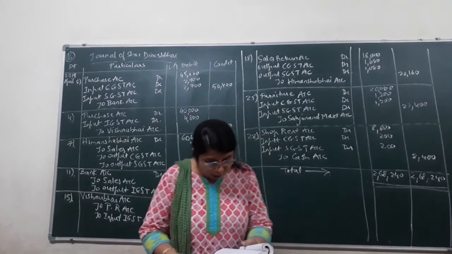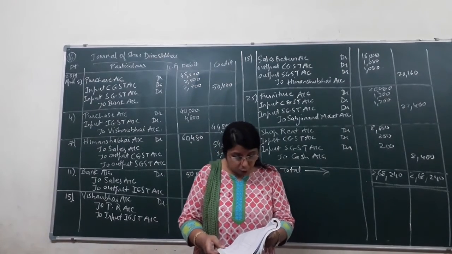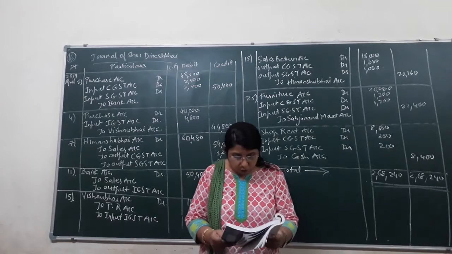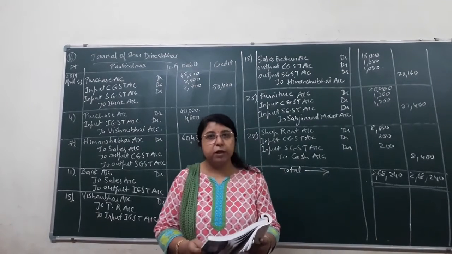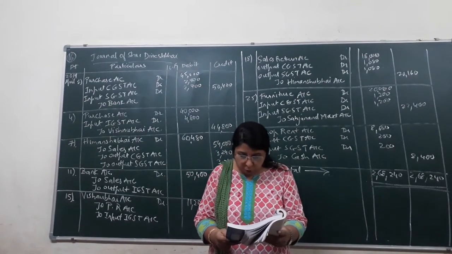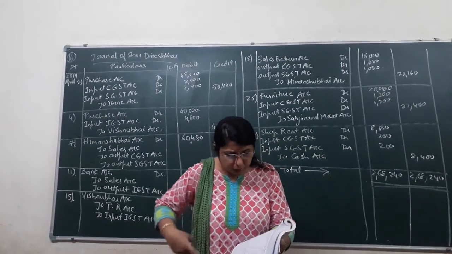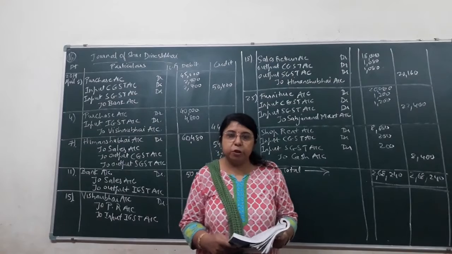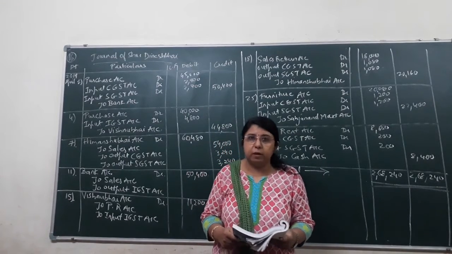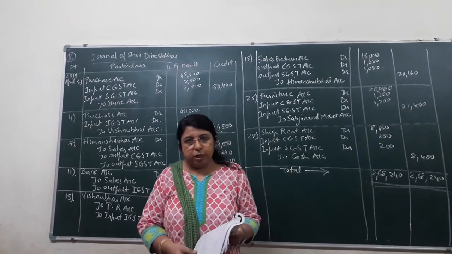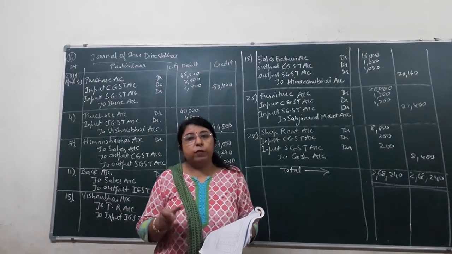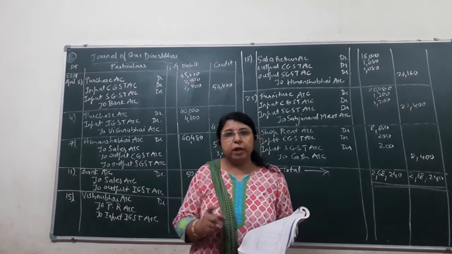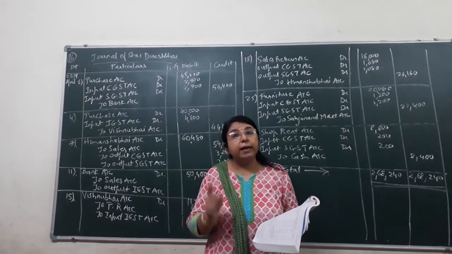Okay. Now starting with the first transaction, that is 2019 April 1st, goods of rupees 50,000 purchased at 10% trade discount from Suresh Bhai of Surendranagar. The payment is made by check. Now students, over here the name of the city is mentioned, that is Surendranagar, that is within the Gujarat state. So it is a transaction of intrastate supply, okay, within the state.